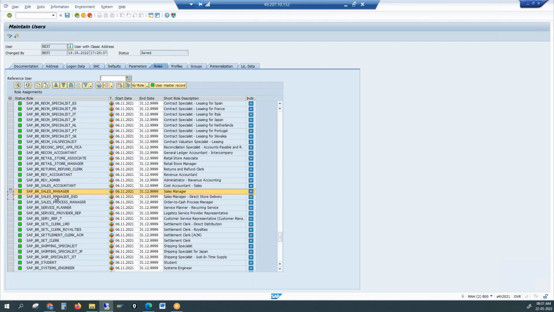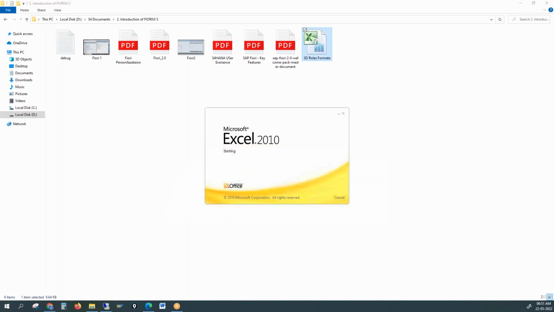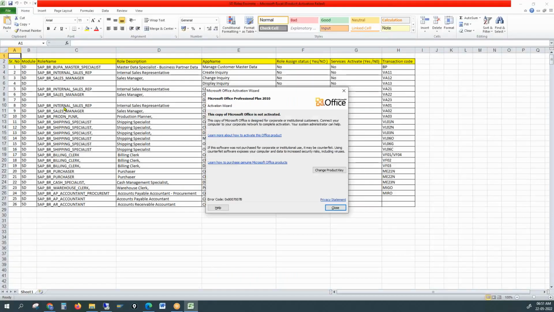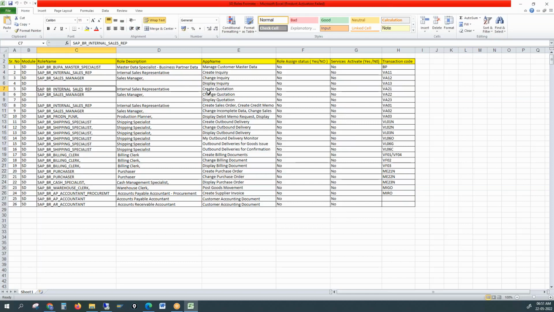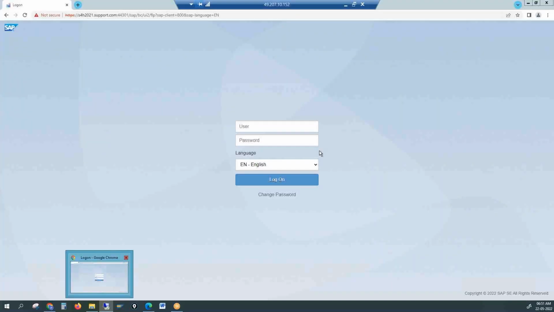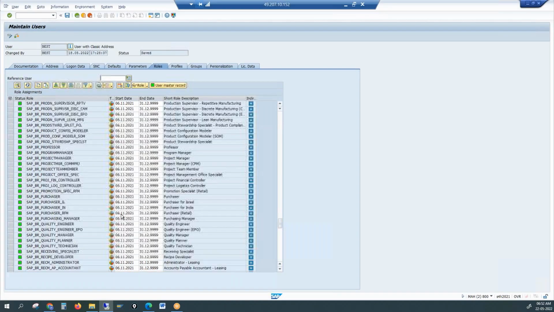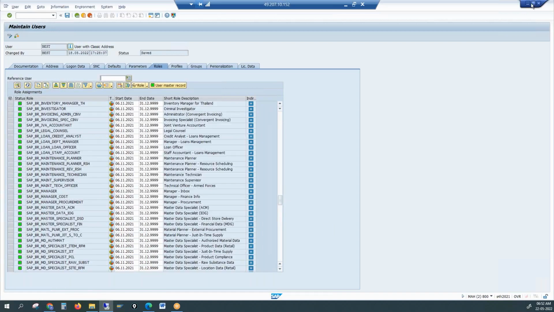Yeah, the roles. We have a role matrix. You could just check all the possible roles. Okay, SAP_INTERNAL_SALES_REP. This is the role which will give access to create sales transactions. Right. So Fiori roles are different. Fiori roles are not just the same as what we know in the ECC roles. Okay. So this role will give authorization to access any Fiori app. So let us try